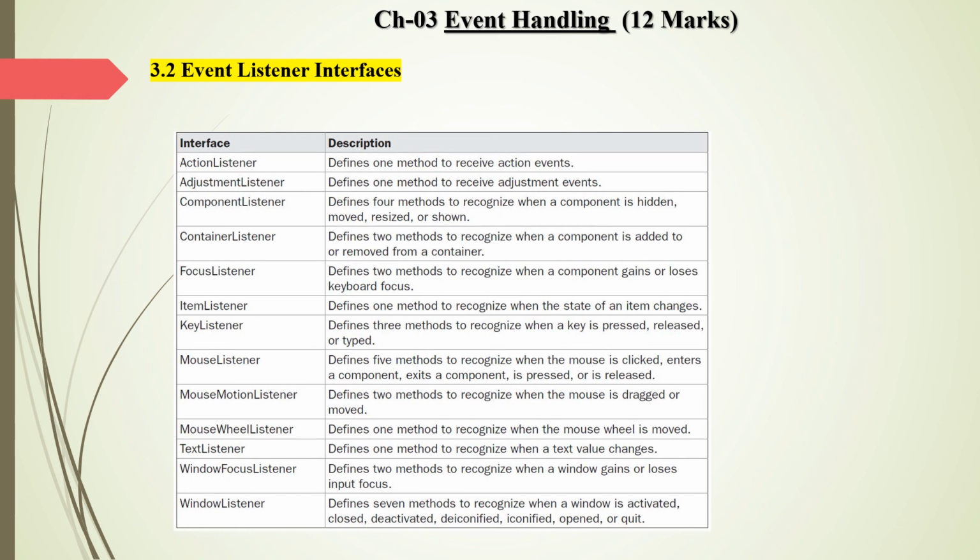Next, mouse motion listener has two methods, when the mouse is dragged and when the mouse is moved. Next, mouse wheel listener has one method, text listener has one method, window focus listener has two methods, and window listener has seven methods. So this is a simple description of every listener and its respective methods.